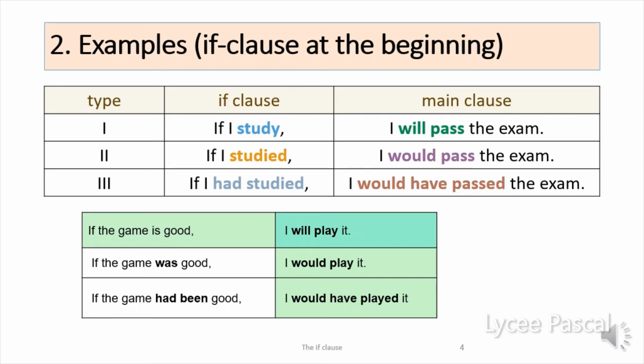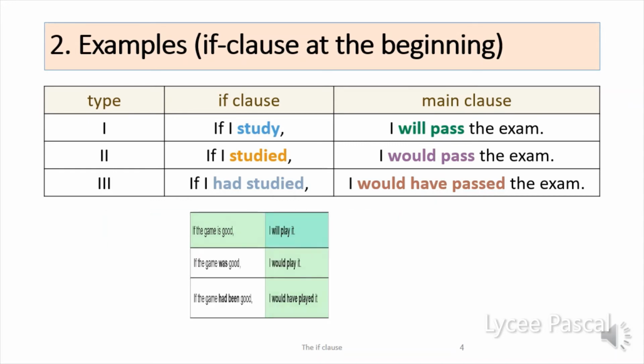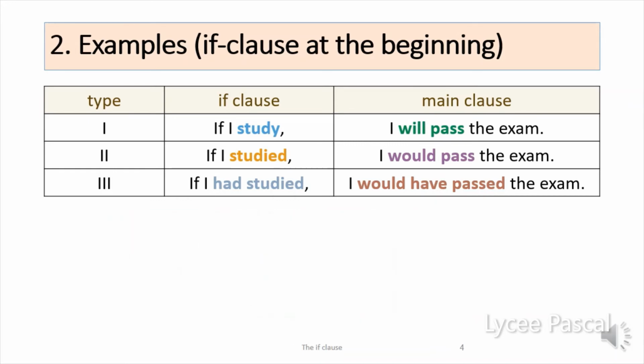In the third type conditional, it is: if I had studied, past perfect, to tell about the past, I would have passed the exam. Then we're going to see